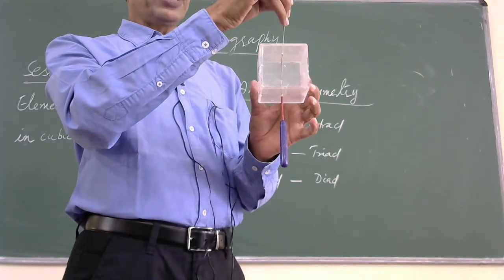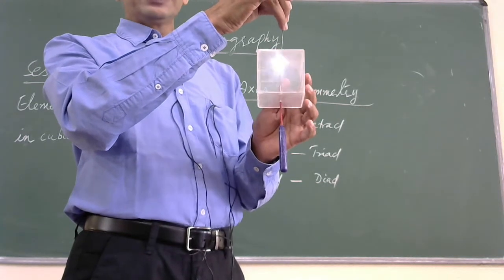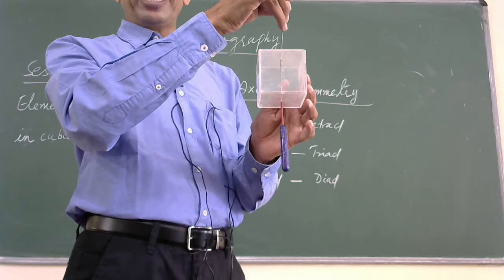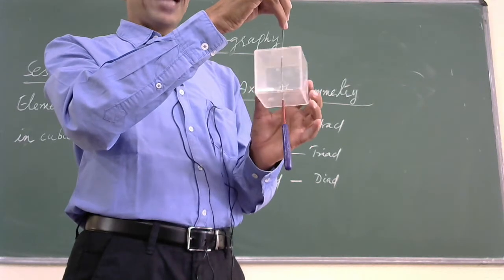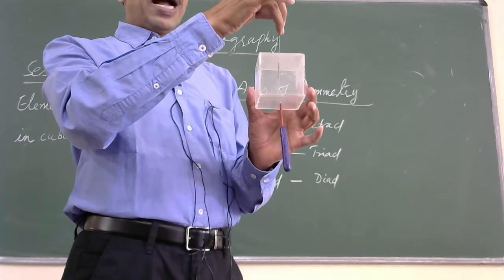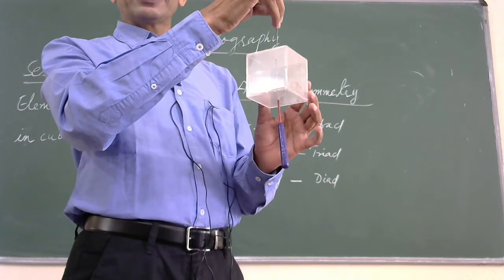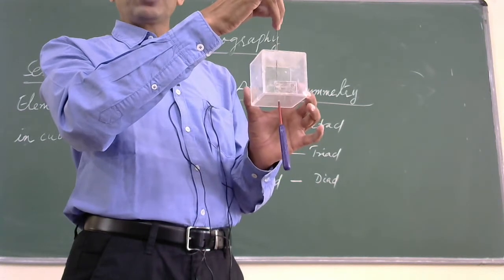Again, I rotate it through another 90 degrees. Totally, it is rotated to 180 degrees. The appearance given by the crystal is the same. Now I rotate it by another 90 degrees. Totally, the crystal is rotated by 270 degrees now, and the appearance is again the same. And when I rotate it by another 90 degrees, that's one complete rotation is over.